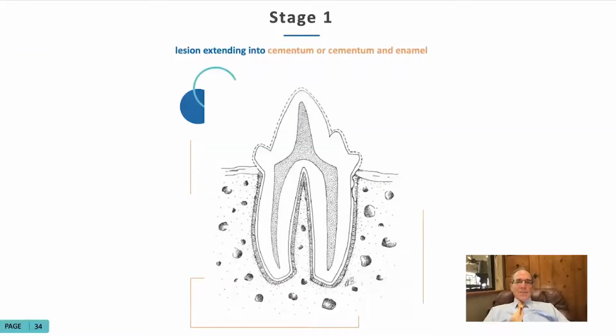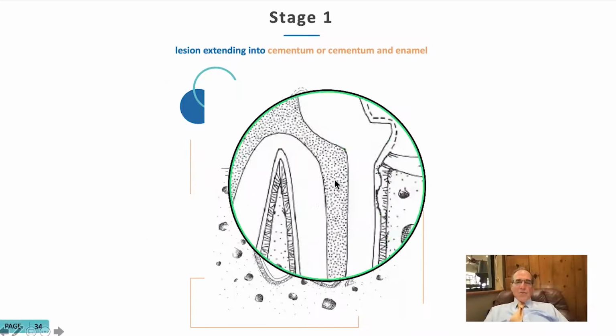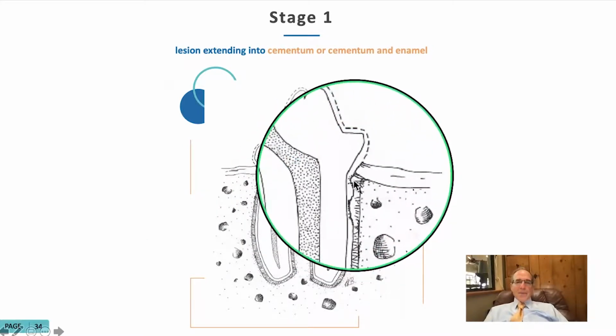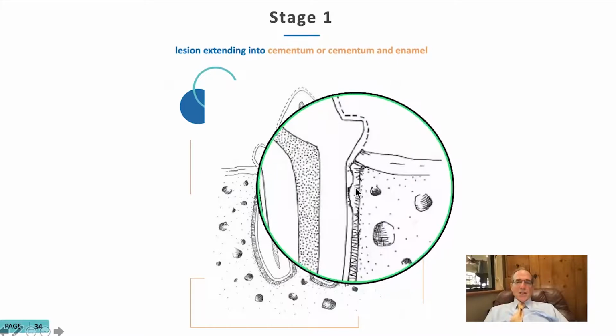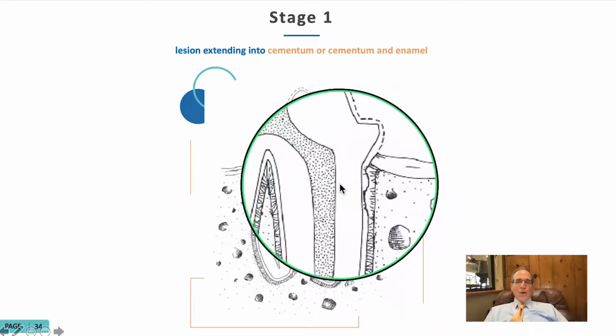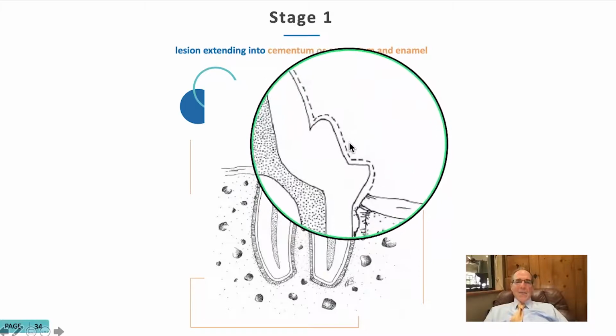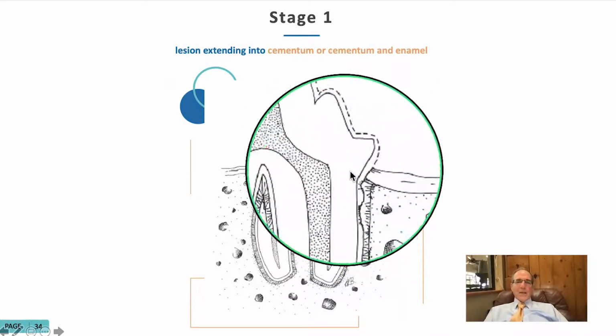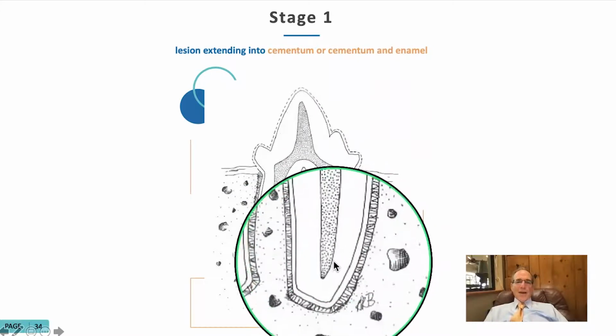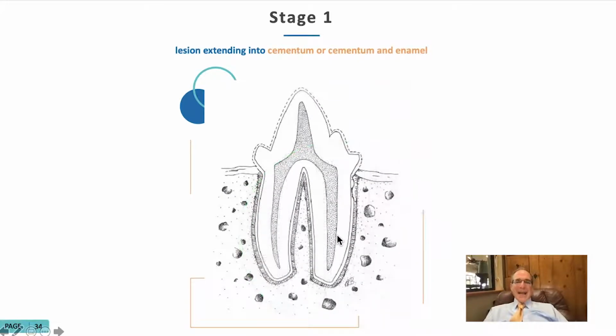So with stages, the first stage is stage 1. And most of your tooth resorptions will start in this area, in the cemento-enamel junction, and then they will progress upward and come out of the crown somewhere. Some of them start here and then go downward. This is where cats and dogs are different. Dogs do have tooth resorption that is progressive, but in cats, it's a lot more progressive and seems to be a lot more painful.